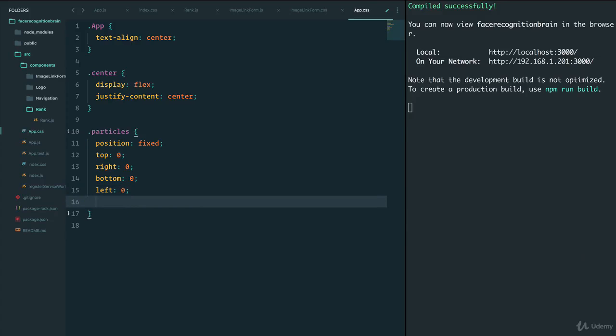But it makes sure that everything is full screen, the background's fixed. And finally, to make sure that everything is underneath the rest of our app, we do something called z-index. And z-index you're allowed to use when you use position fixed or position absolute. And it tells you what layer you want the image to be on. In our case, we're adding -1 because we're saying that this should be below pretty much anything else on our website. If we go back,